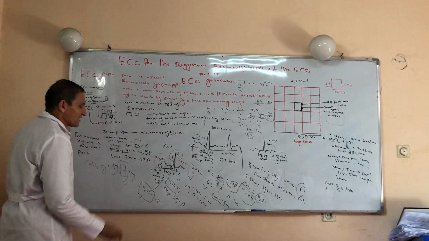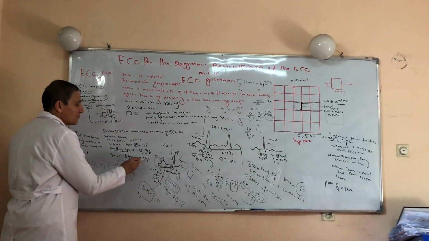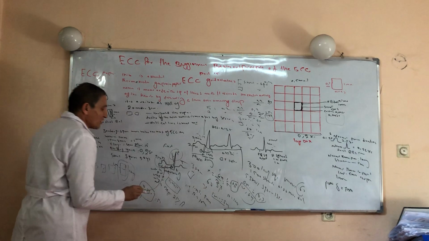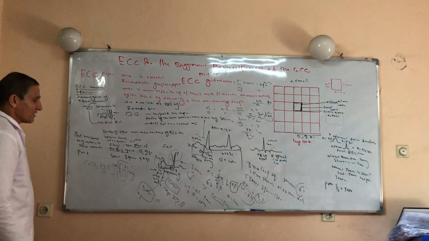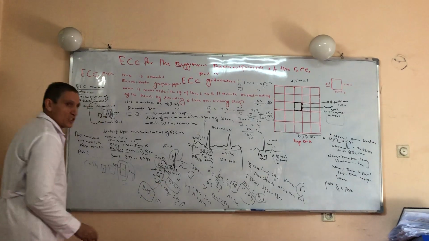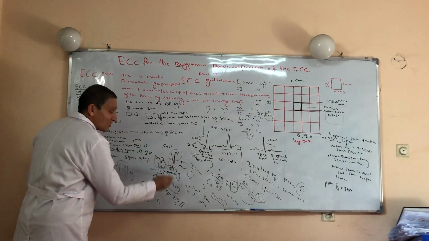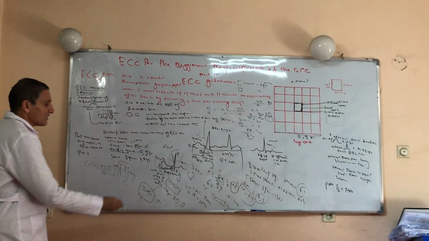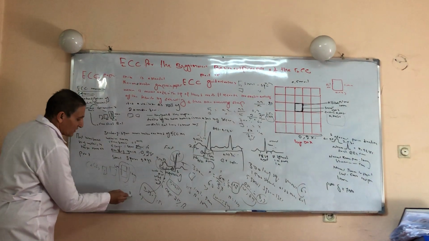The PR interval is the interval that starts from the beginning of the P wave to the onset of the R wave. It represents two electrical events: one is atrial depolarization, the second is AV nodal depolarization. The duration of the P wave over the ECG paper is 2.5 and the formation of the PR segment also takes 2.5. The total duration of the PR interval is one large square, which represents 0.2 seconds.